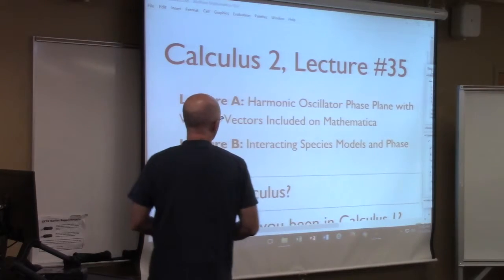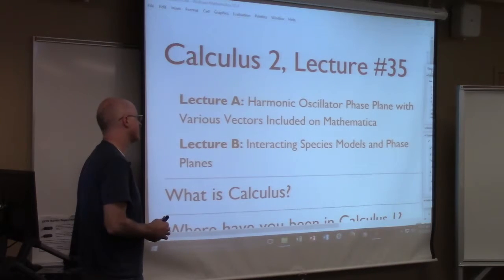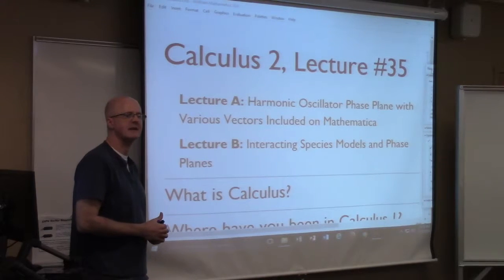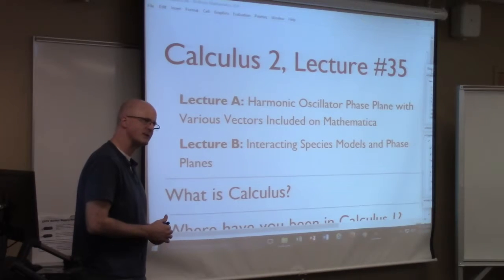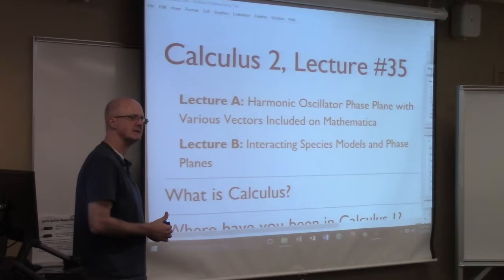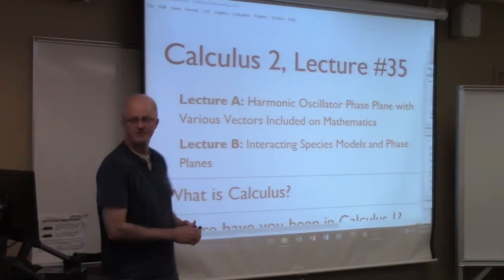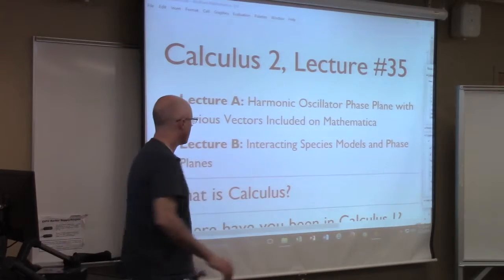Then in lecture B, we will look at more complicated models that involve nonlinearities. Because of these nonlinearities, they will be really impossible to solve by hand. We'll have to just approximate answers in Mathematica. Those are called interacting species models and their phase planes. All right, so for the harmonic oscillator,